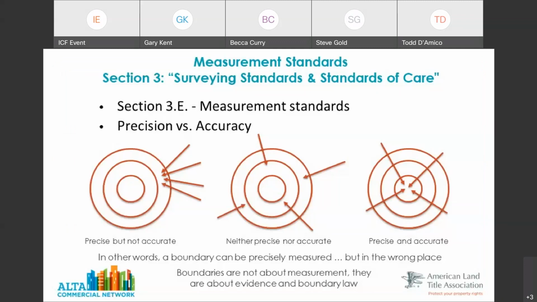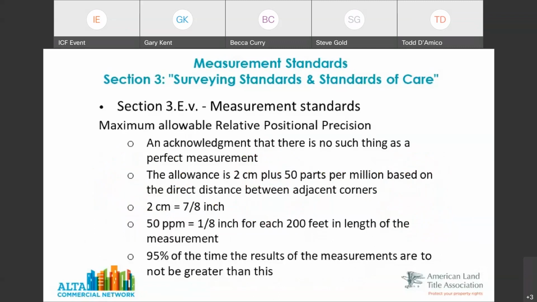And the point being, again, to reiterate what I said yesterday, we can have a very precisely measured survey that is junk, because it's in the wrong place. Poor decisions were made related to resolving the boundary. There's all kinds of things that can go wrong, and yet the measurements can be very precise. So it's an important point to discern between the two of those.